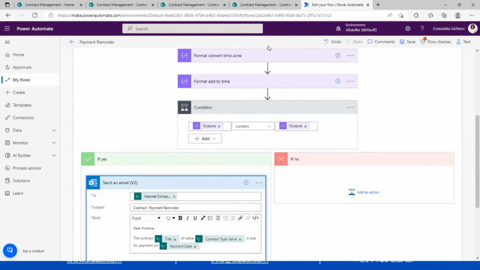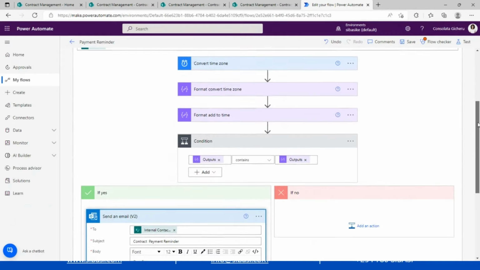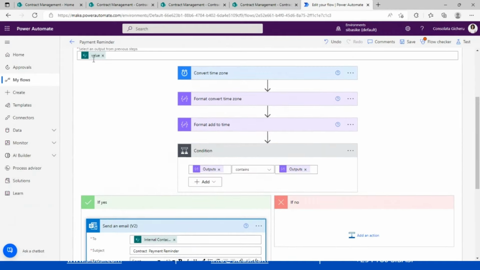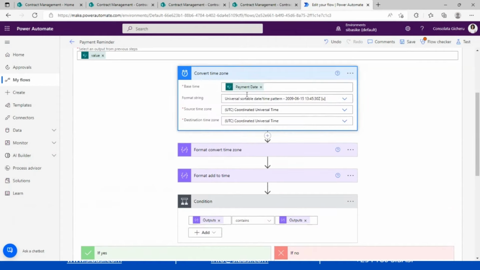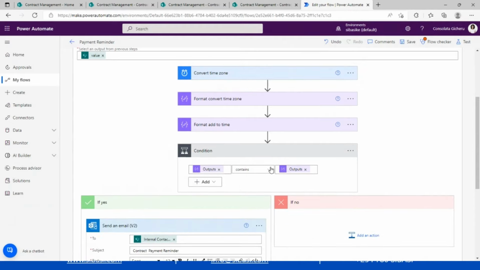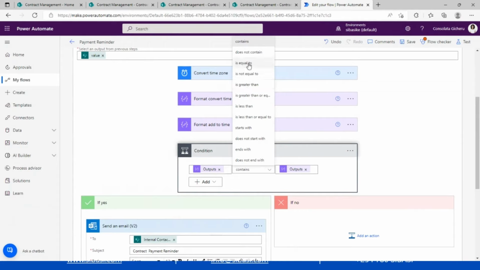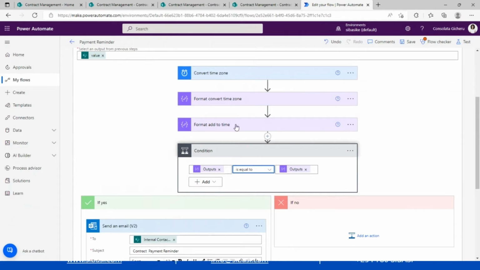What we are formatting here, the convert time zone, is the value of the payment date. We are formatting the payment date into month and year, and if the payment date contains or is equal to the add to time, then